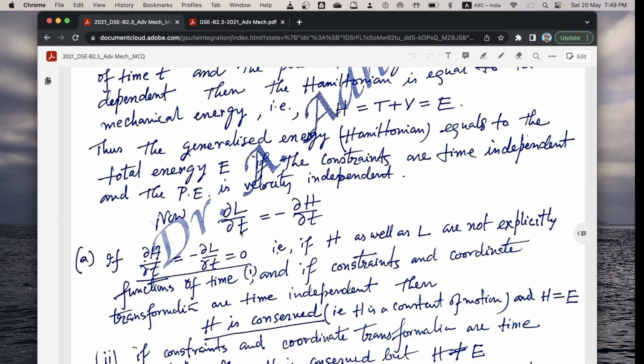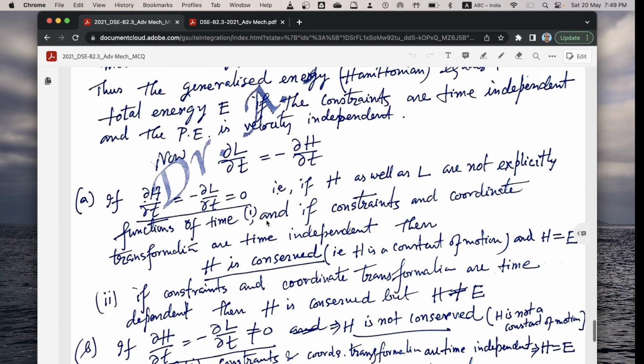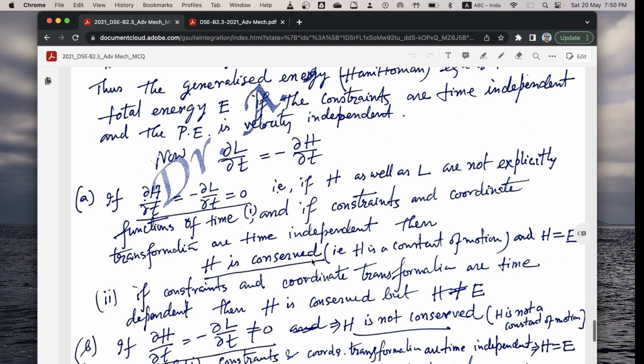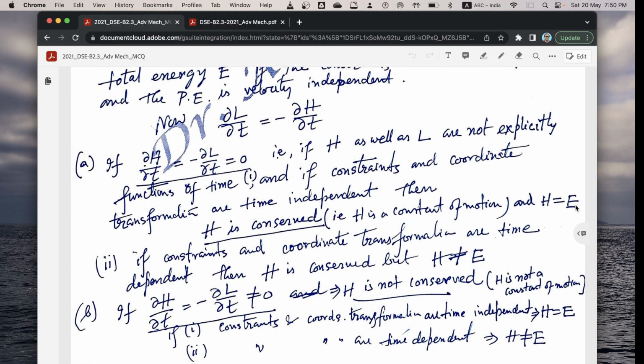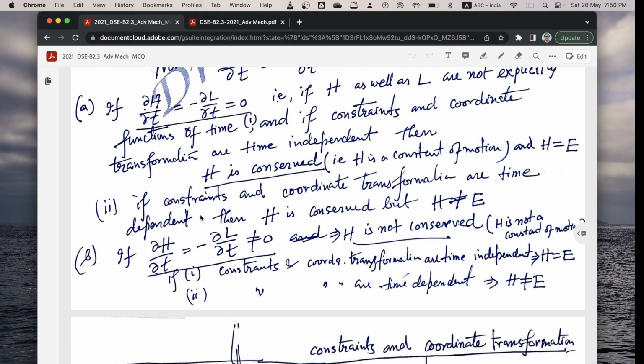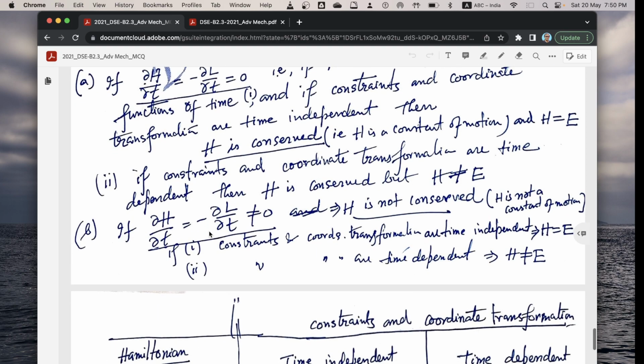Now, ∂L/∂t equals minus ∂H/∂t. If ∂H/∂t equals minus ∂L/∂t equals 0, that is, H as well as L are not explicitly functions of time t, and if constraints and coordinate transformation are time independent, then H is conserved, that is, H is a constant of motion and H equals E. And option 2: if constraints and coordinate transformation are time dependent, then H is conserved but H is not equal to E. And case B: if ∂H/∂t equals minus ∂L/∂t is not equal to 0,